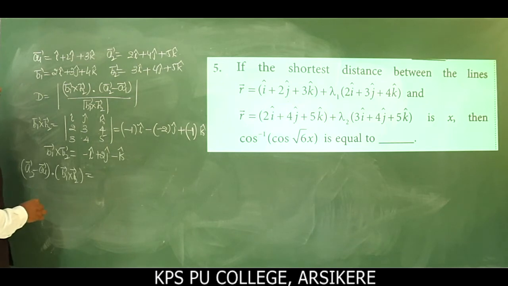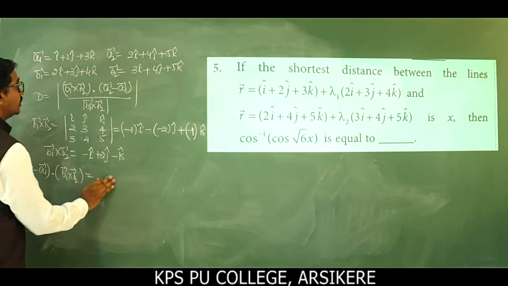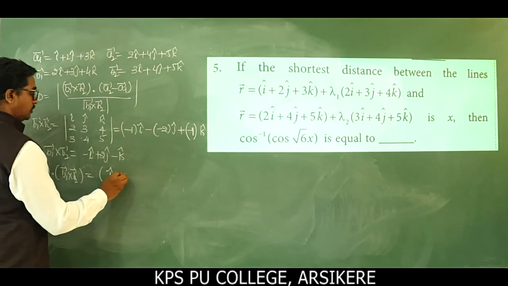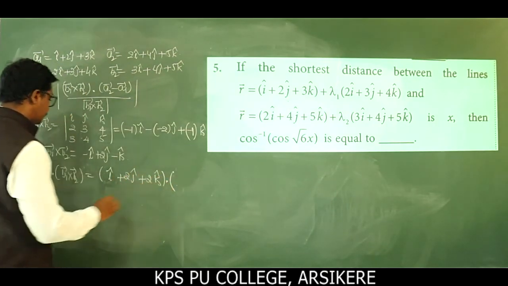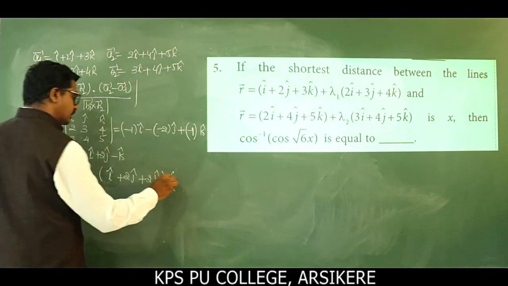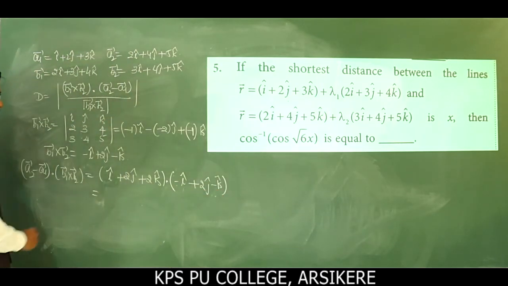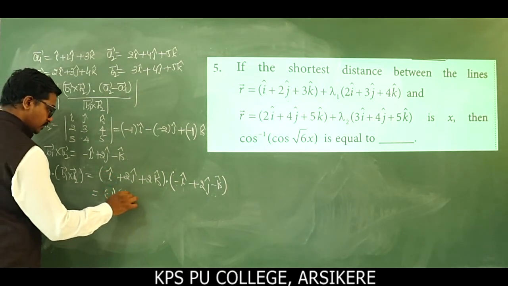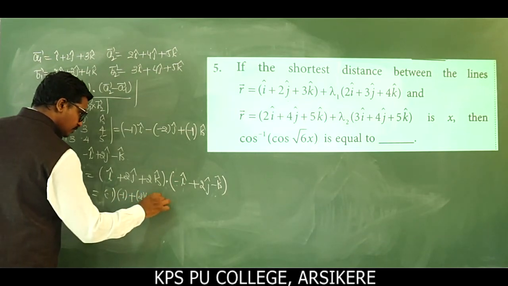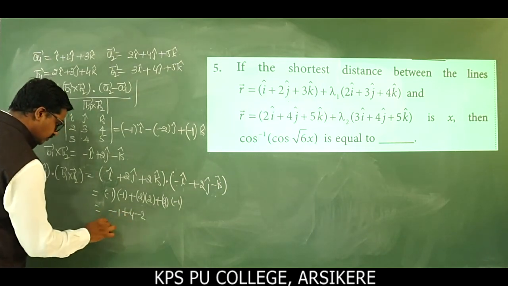So this is a2 minus a1. Sorry, just a moment. a2 minus a1 is i cap plus 2j plus 2k, dot product b1 cross b2, write the vector minus i cap plus 2j minus k cap. Find the product i with i, j with j and k with k. I component is minus 1 and here 1 into minus 1 plus 2 into 2 plus 2 into minus 1. That becomes minus 1 plus 4 minus 2, we will get 1.